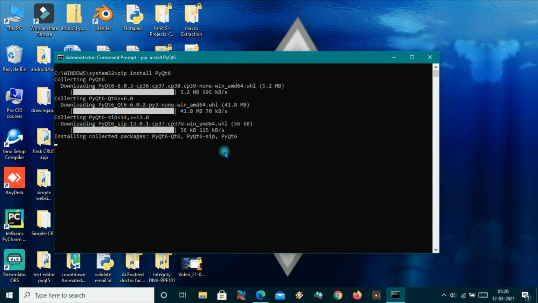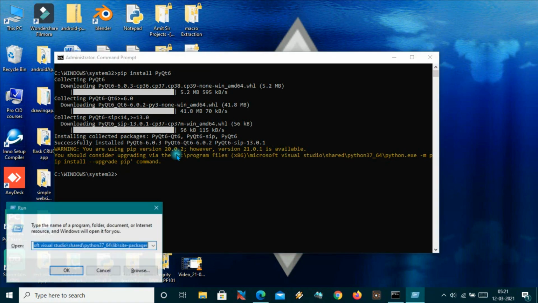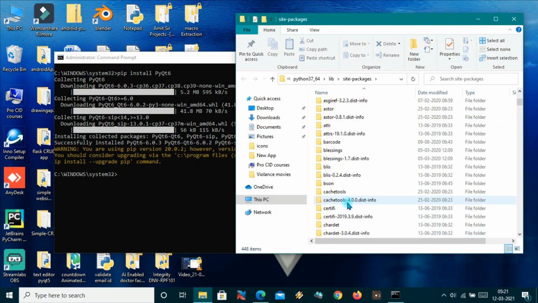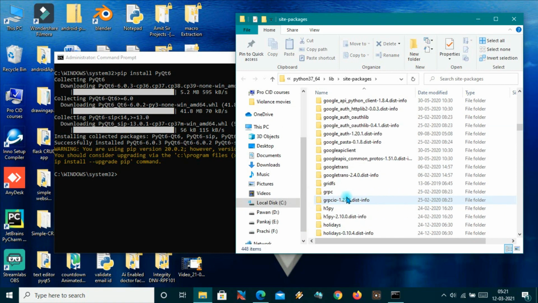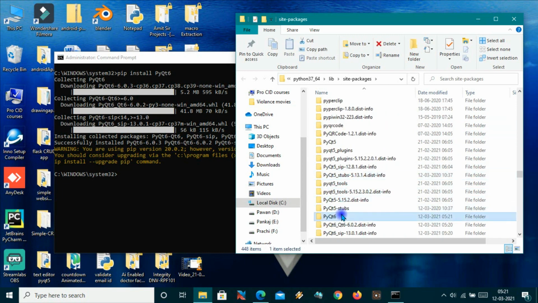And it is installing PyQt6, PyQt6-sip and PyQt6-Qt6. So it has successfully installed. Let me check its directory. Let me copy this directory where my Python is, and under the Run command we can go to site-packages. I'm already in site-packages now, and now search for PyQt6. So here it is, PyQt6.